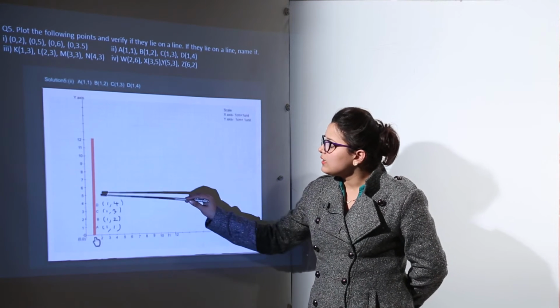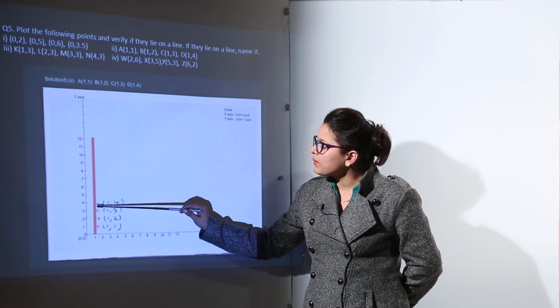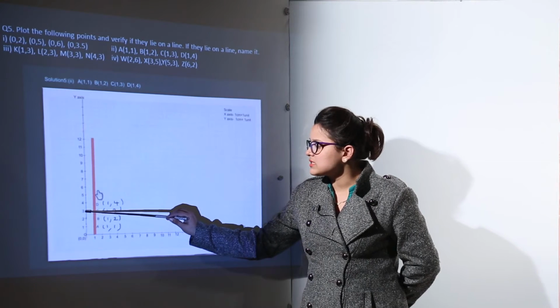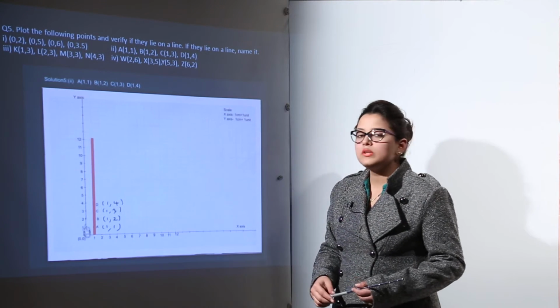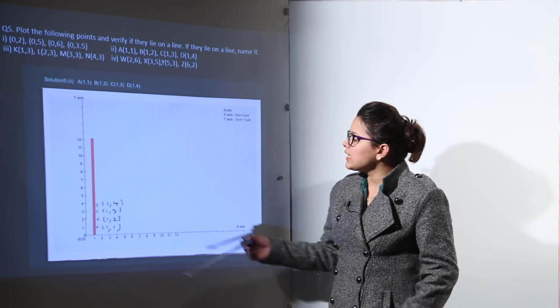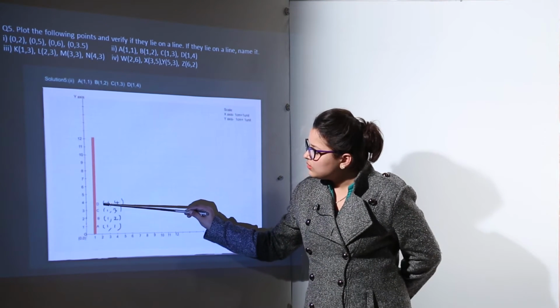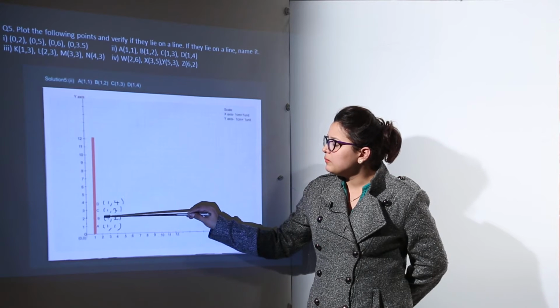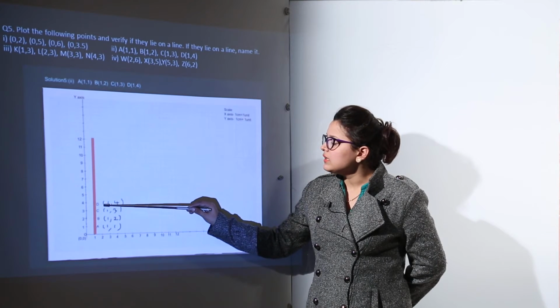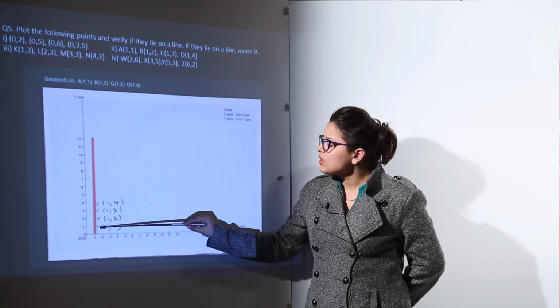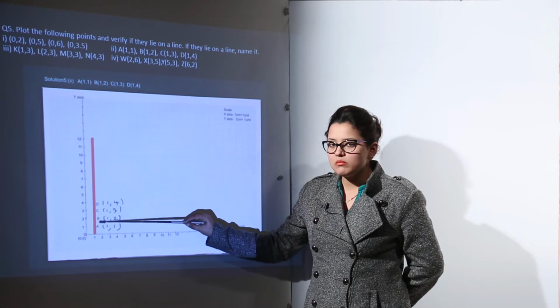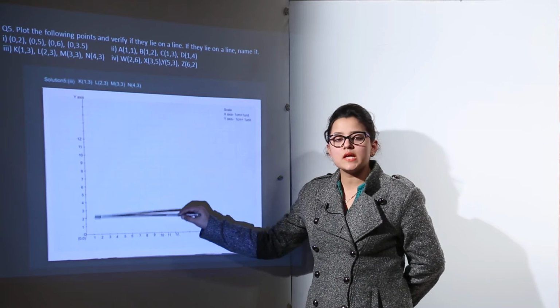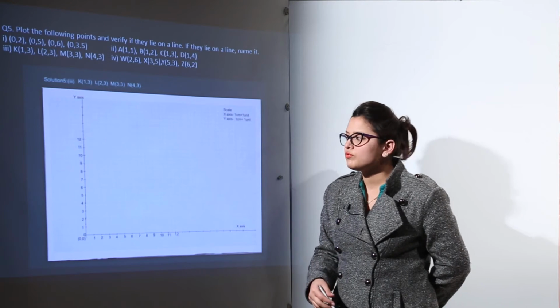So we can clearly see that if you join all these 4 points together, you will get a line, but this line is perpendicular to y-axis, right? And how do you name this? You can name this line as line AD. You can even name it as line AB, BC, BD, AD, any way you want, because all the points are joining with the same line segment. So you can name this line with any of the line segment followed.